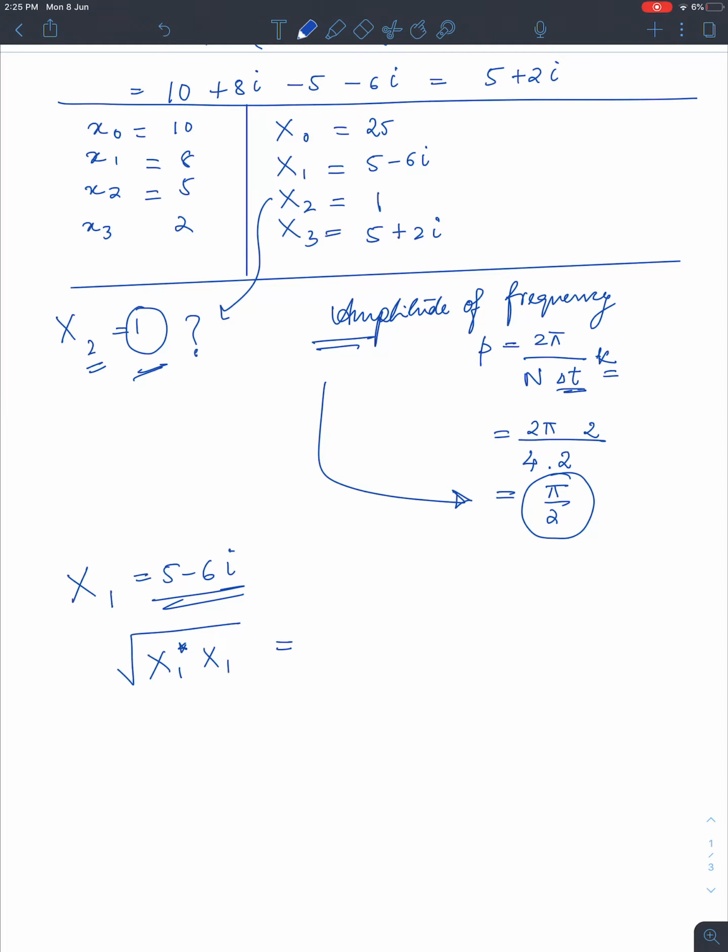We find the probability, right? So this one is psi i star psi i. So that is 5 minus 6i into 5 plus 6i. So that is square root of 25 plus 36, so the square root of 61 is basically our amplitude